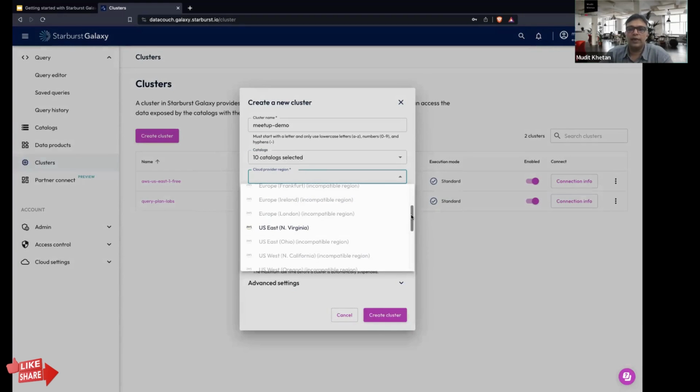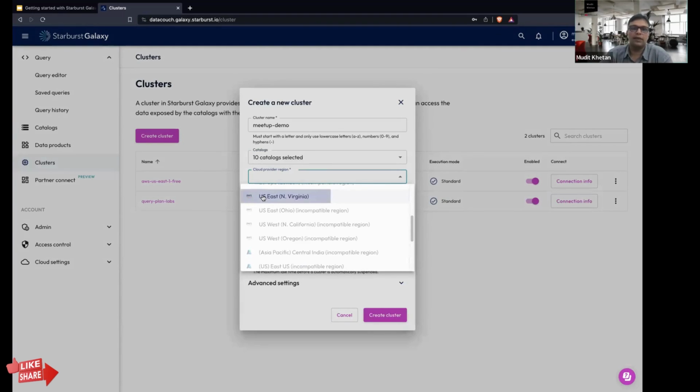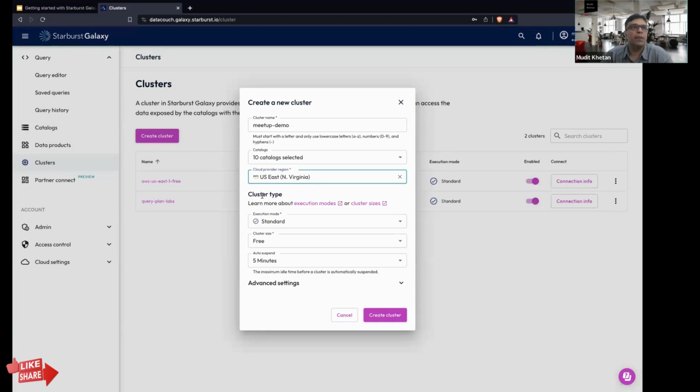Because we are using the free cluster services right now, it only allows us US East North Virginia. But as you start taking advantage of Starburst Galaxy, right now we are using AWS services at the backend for compute as well as storage, but you can run a query that is federated across multiple cloud service providers and multiple data lakes. For example, your cluster might be running on AWS and your data might be coming from Azure cloud or a Google object storage. It can process the data even from those, or from legacy on-prem systems if you have these specific connectors and if those systems are online with you right now.